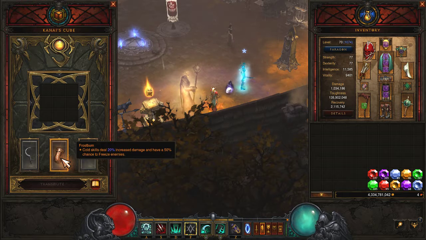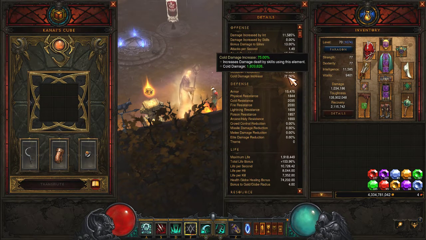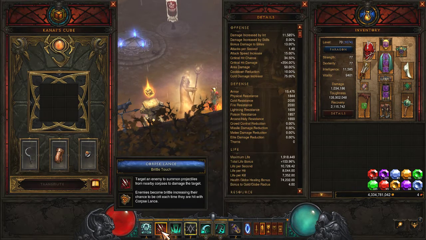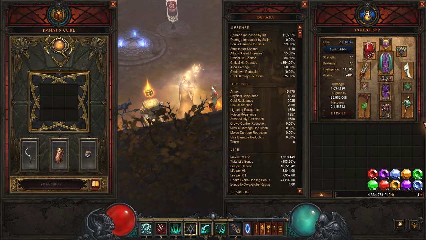I've decided to use Frostburn in here. All of my cold skills deal an extra 20% damage. So that's partly how I get this up to 75% damage. And both my Grim Scythe and my Corpse Lance are cold based, so this just makes sense. But also, there's a 50% chance to freeze enemies, which also is very nice because I'm using